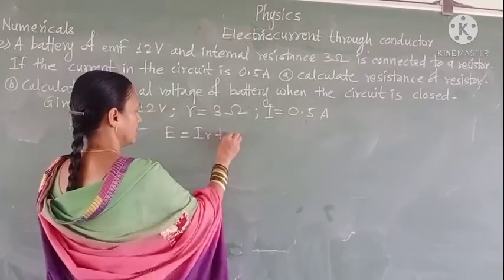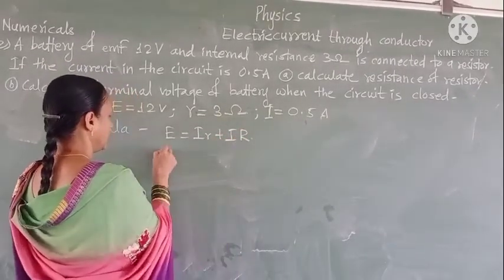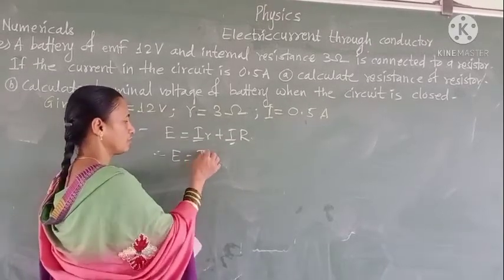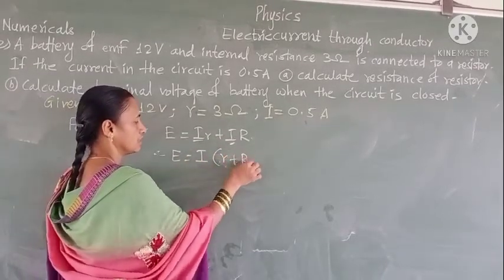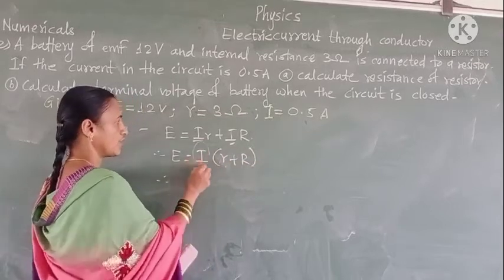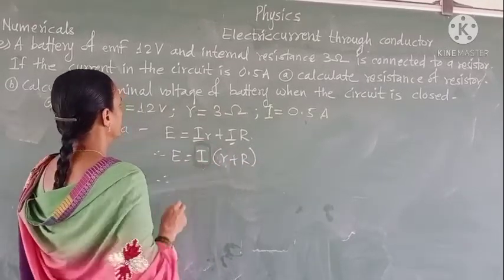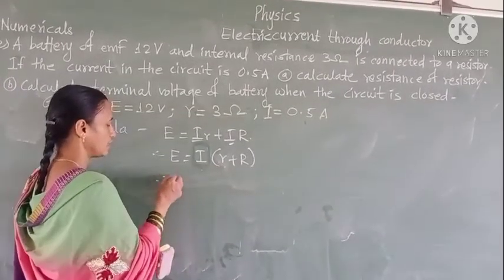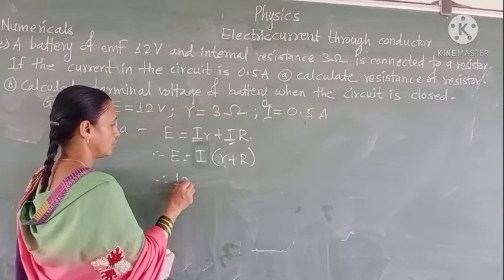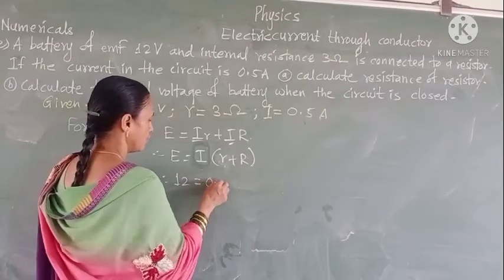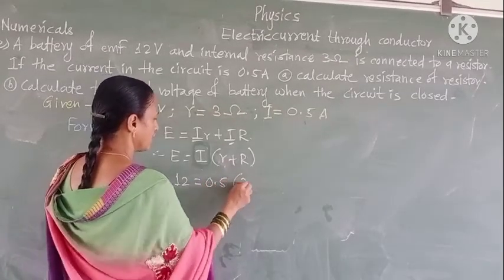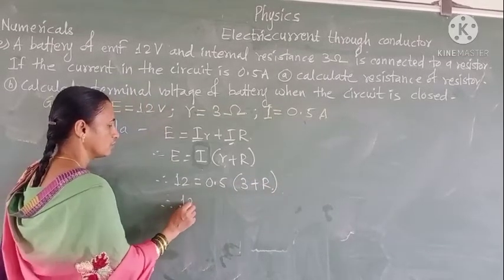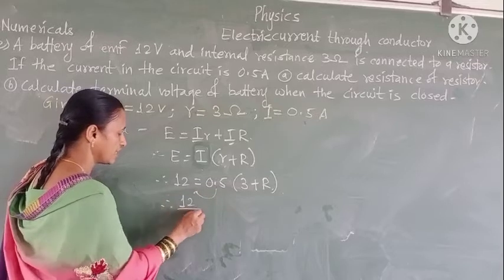plus I capital R. Means E is equal to I, which is the common term, times small r plus capital R. Here we calculate the value for the resistance of the resistor. Therefore we write E having the value 12, I having the value 0.5, small r having the value 3, plus capital R. Hence we divide by this term of 12